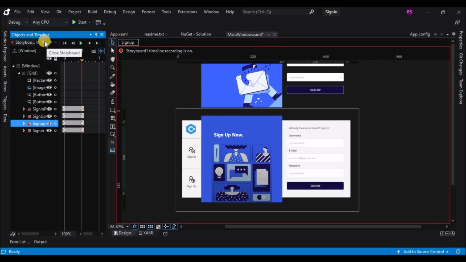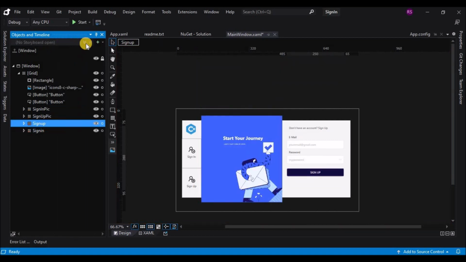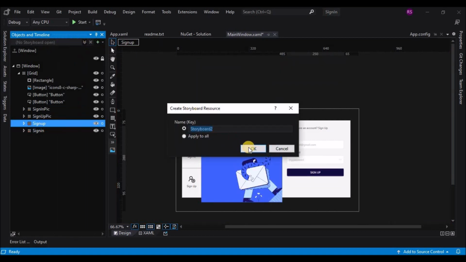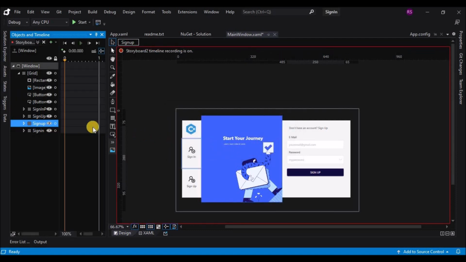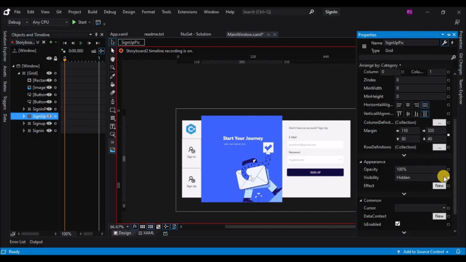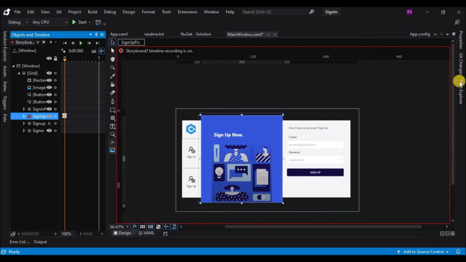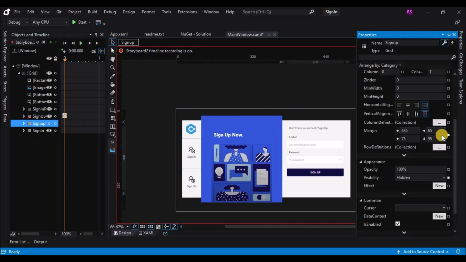So now let's add one more storyboard, and this time we will start from where we left off in the storyboard 1. So in the storyboard 1, our sign in controls were out of the window area, and sign up were visible.